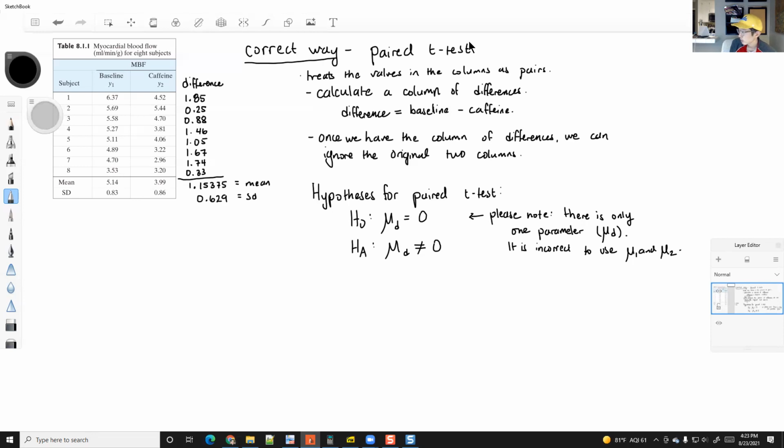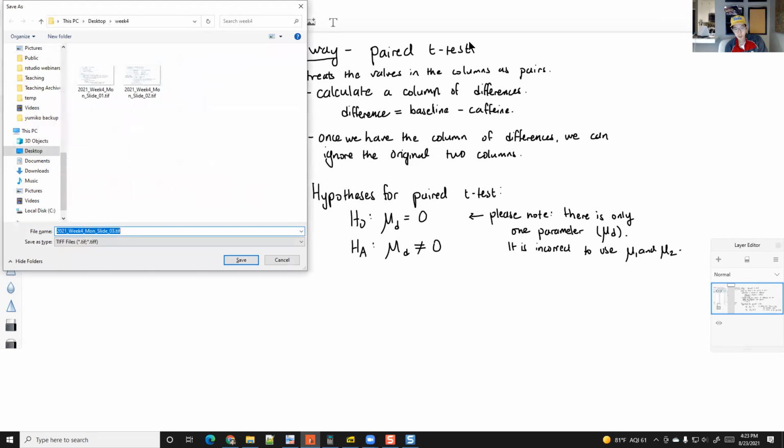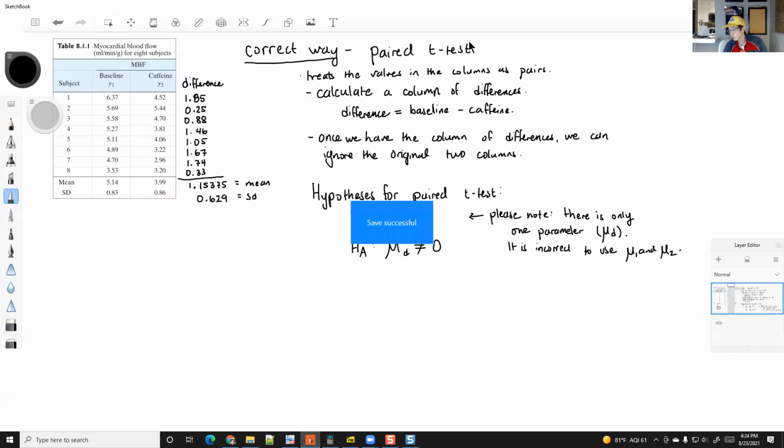So don't create hypotheses with mu1 and mu2. Mu1 and mu2 indicate the existence of two separate populations and two separate population means. Here we're only interested in the difference between the before and the after, the baseline and the